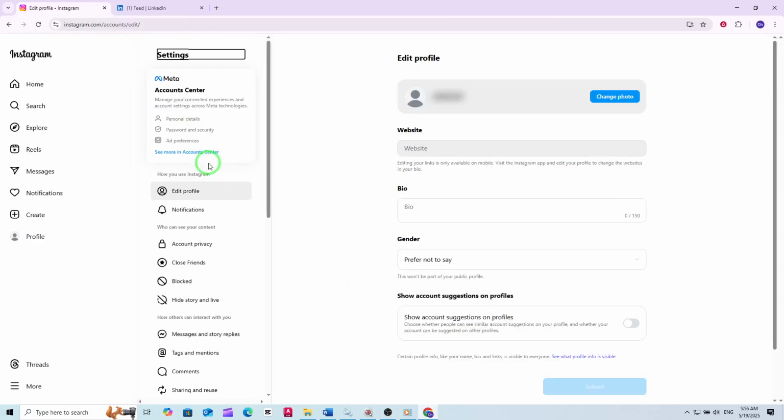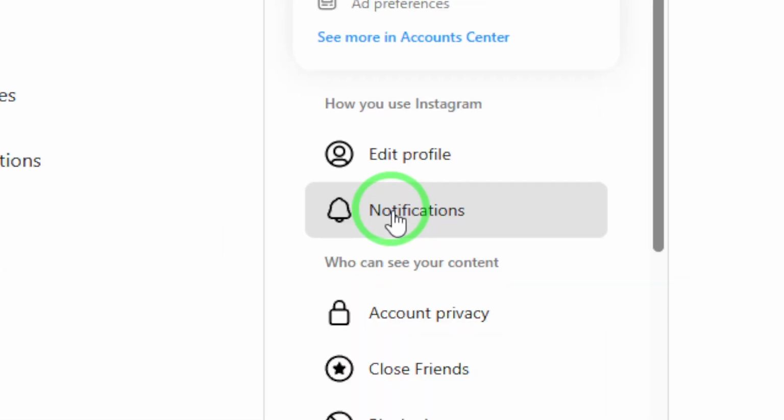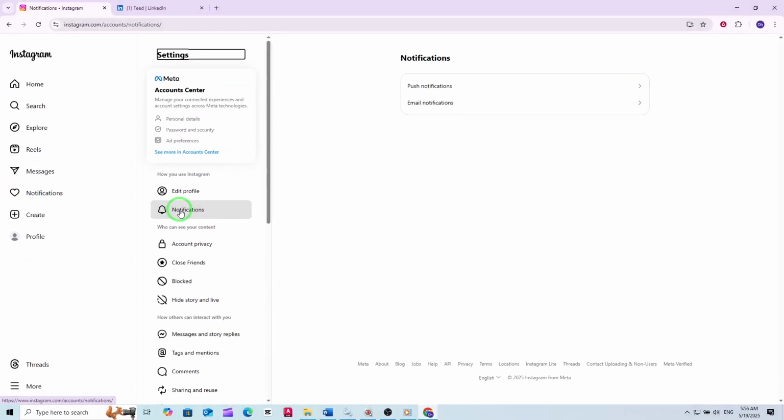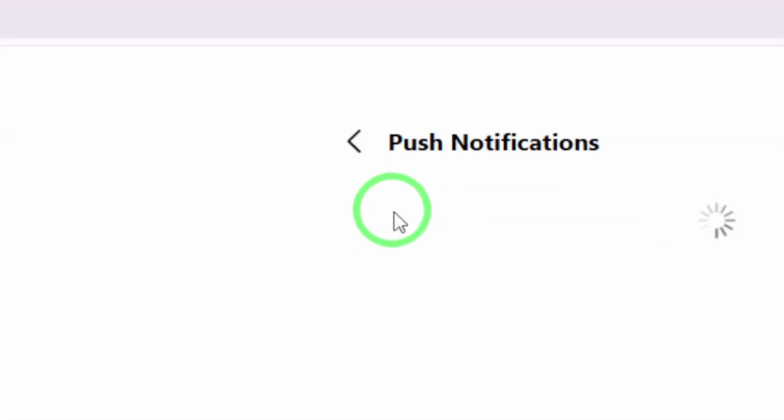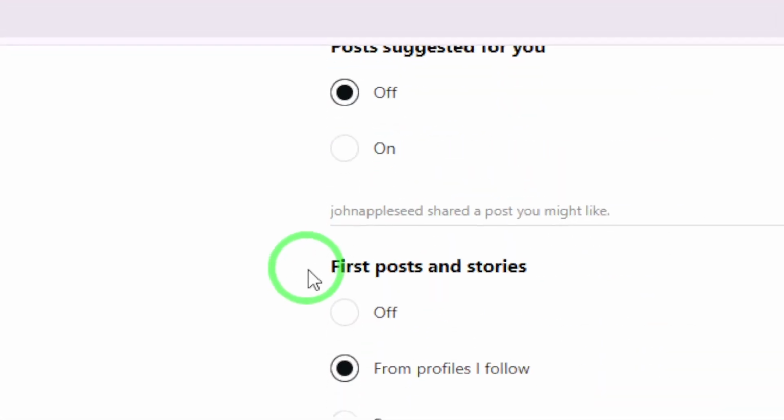Now that you're in your profile, look for the notifications option in the menu. Click on it, and you'll be taken to a page where you can control all your Instagram alerts and preferences. This is where you can fine-tune exactly what notifications you want to receive. Next, find and select Push Notifications. This section lets you decide which types of alerts will pop up on your desktop, so you never miss anything